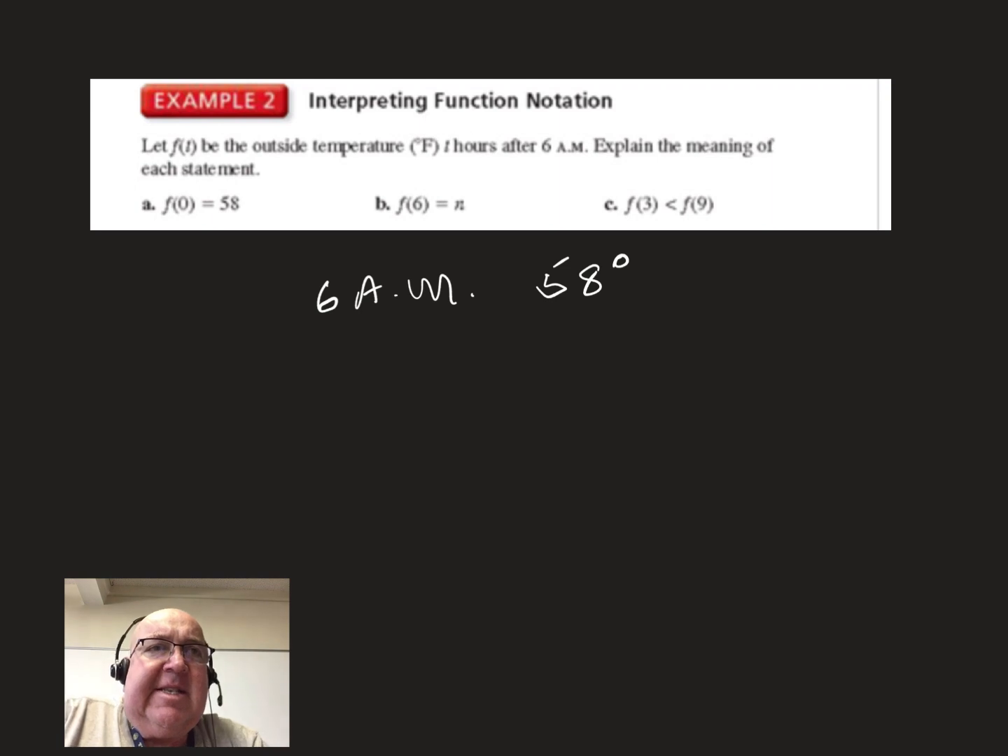F of 6, so I have a student that needs to get into your room to get his paper. I were to add that, I would have at 12 noon,